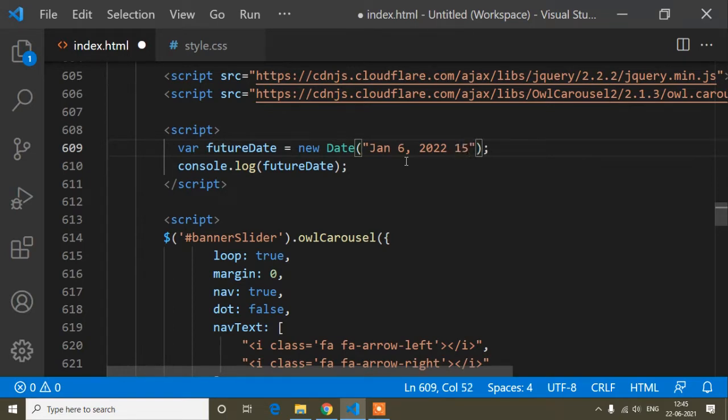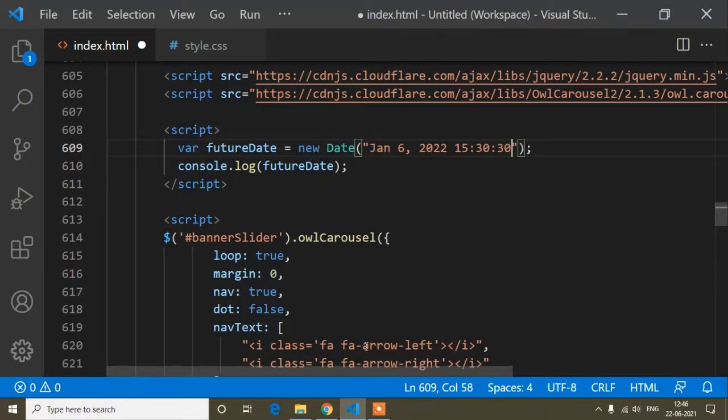So here you have to write in 24 hour format. So 3 p.m. means 15, and here you have to write the minutes also. Suppose the minute is 30, I mean 3:30 p.m., so that is 15, 30, and the seconds also I have to write. So the second is also 30.